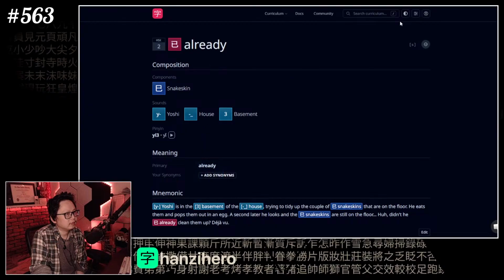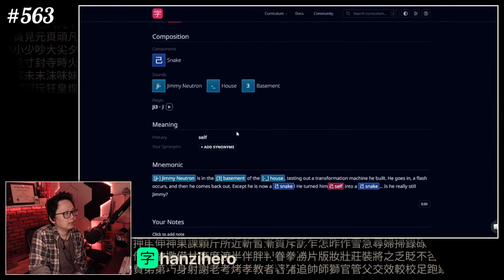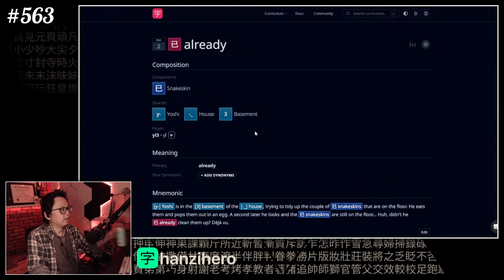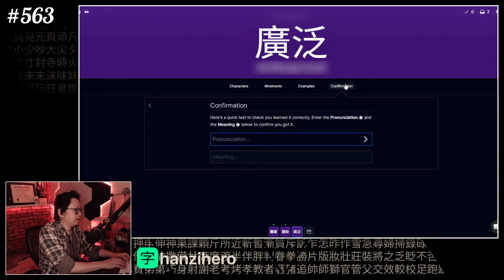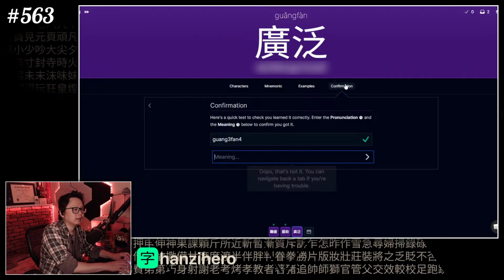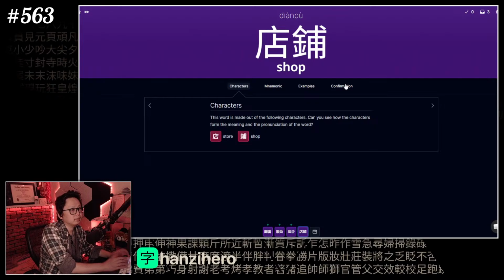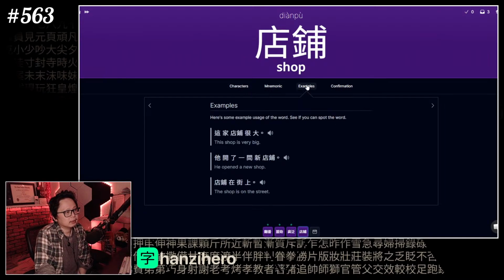And we also have G. Okay. 他的兴趣很广泛。广泛。店铺。Double shops. Make sense? 这家店铺很大。他开了一间新店铺。间还是间？店铺在